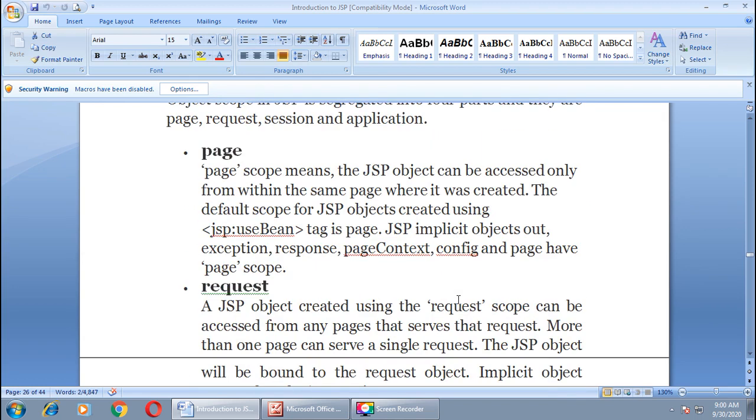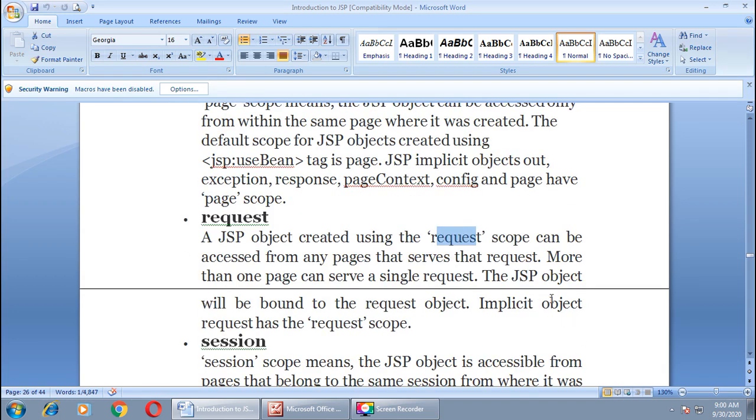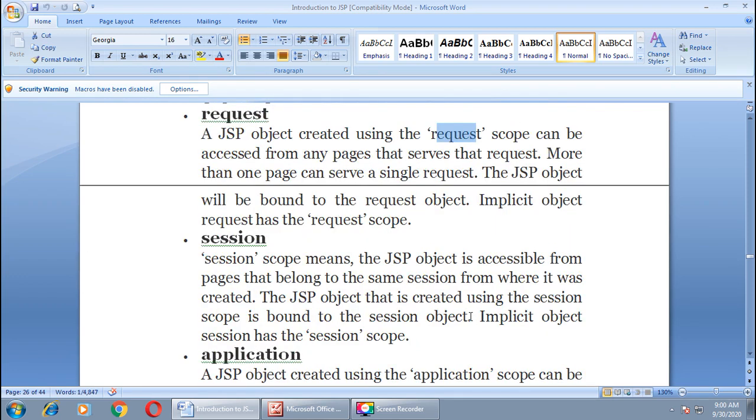If your object is defined through the JSP useBean tag, the scope of that particular object will remain for the page only. If your object is the request implicit object, then the scope is the request, accessible from any pages that serve that request. Session means the implicit object session.